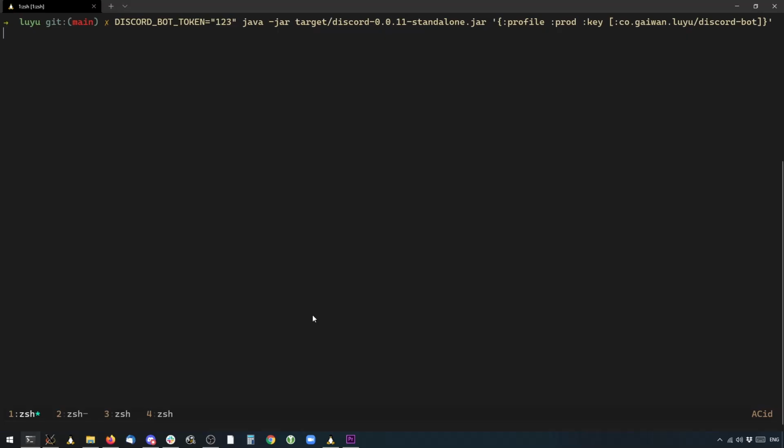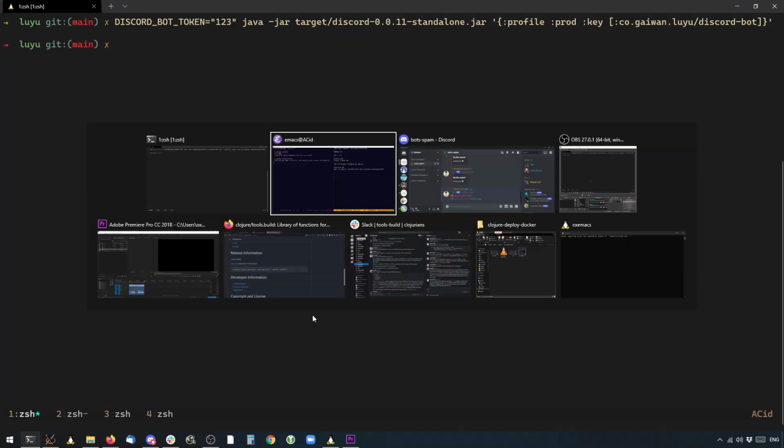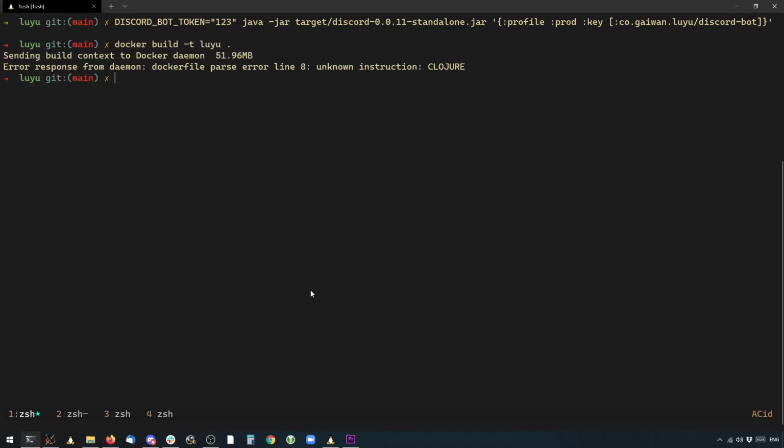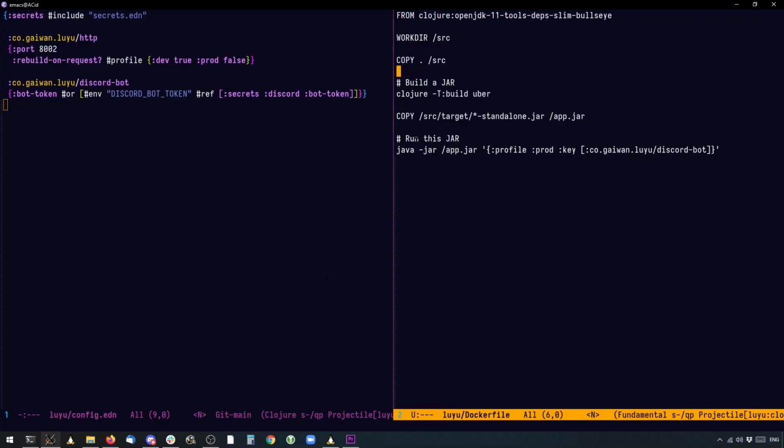So let's try and run this Docker container now. So let's build it. Oh, sorry. We need to run this, right?